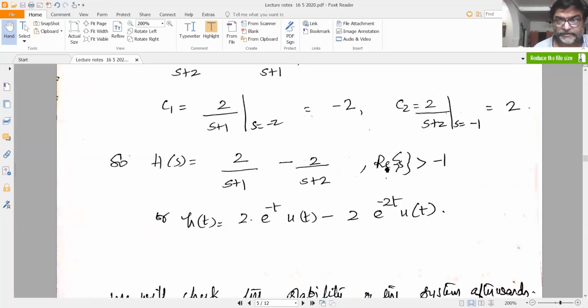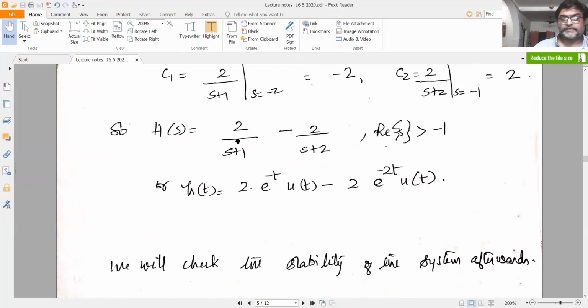So the region of convergence excludes the line sigma equal to minus 1 and extends leftwards from just outside sigma equal to minus 1 to plus infinity. Okay, sorry, I should have said extends rightwards from just outside sigma equal to minus 1 to plus infinity. I hope this is clear. So what is the conclusion therefore? The region of convergence starts from just outside minus 1 to plus infinity. Just outside will mean slightly greater than minus 1 to plus infinity.